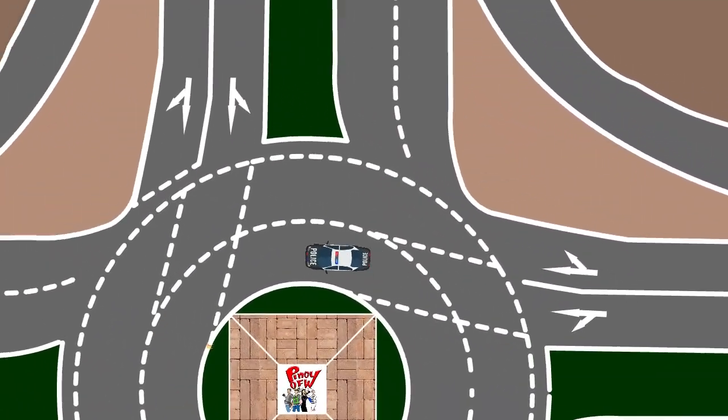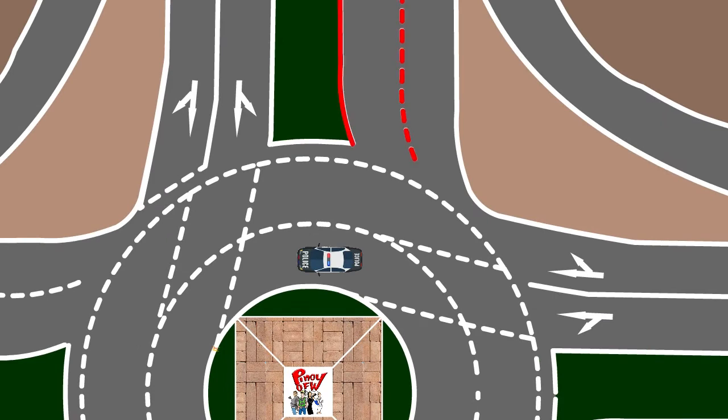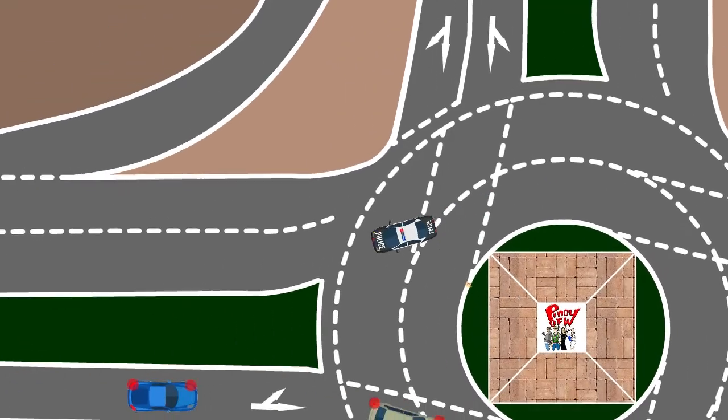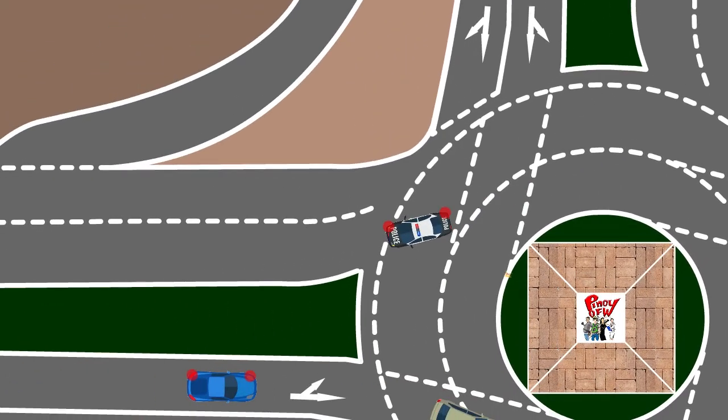Give a signal when exiting the roundabout when you pass the last exit road that you're not going to take and your car is aligned with the road island. That's the time you should give your exit signal, which is a right signal if you're on a left-hand drive road, or left if you are in a country with a right-hand drive road. While exiting the roundabout, especially if you are on the first lane, remember not to stare at the